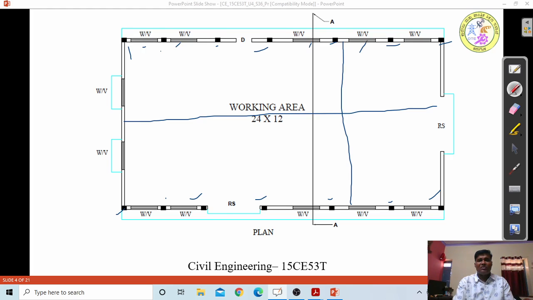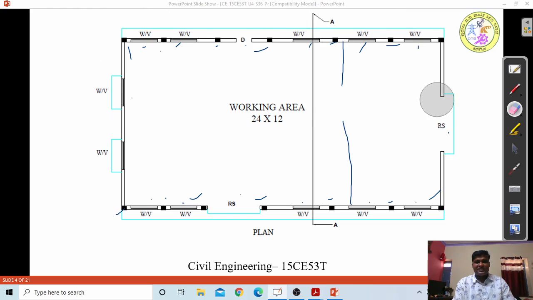that is 1, 2, 3, 4, 5, 6, 7, 8, 9, 10, 11 and 12. There are 12 windows, and above the windows there will be ventilators, and there is one door and two rolling shutters on each side, and there is a schedule provided beyond the wall. So these are the details of the plan, and now let us explore what the section looks like.